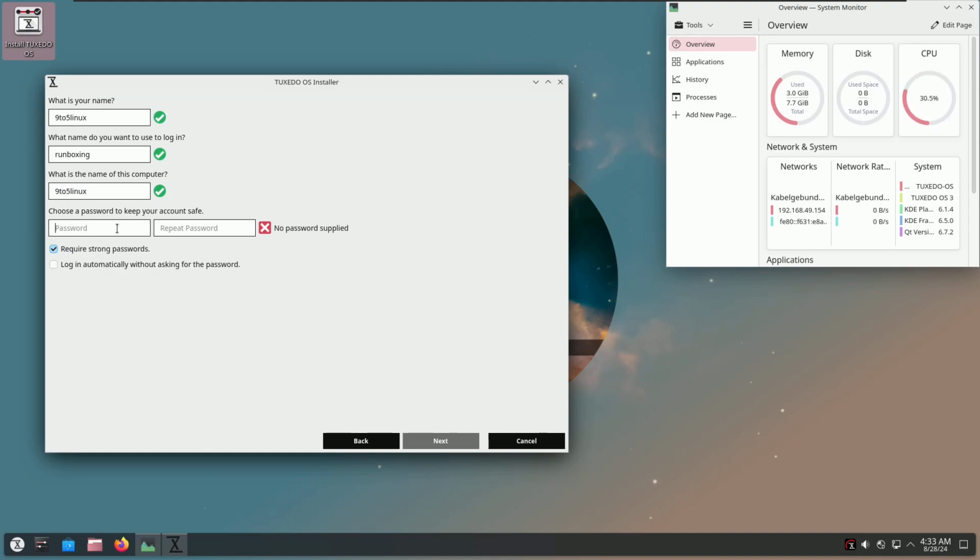And for the password, you need to choose a strong password. For the sake of the video, I'm choosing a simple password. So let me try it again. We need to have 6 characters here. So the password contains fewer than 2 character classes. So you need to uncheck it if you want a simple password. But if you want a strong password, just check this